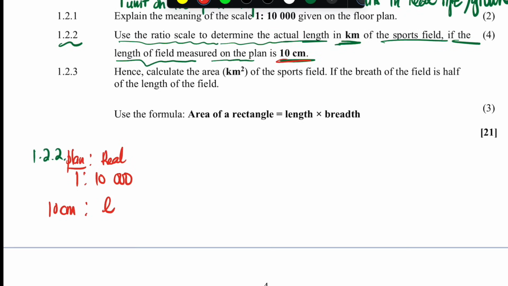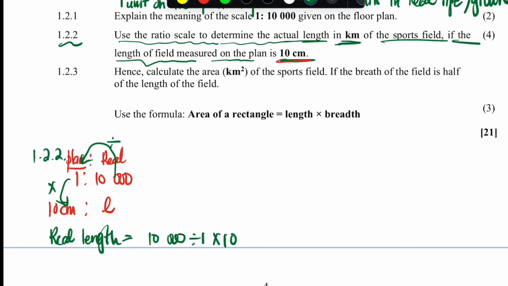And then we do the anti-clockwise even here. We divide and we times, right? We want the real length, so we say 10,000 divide by 1 and times by 10 centimeter. So it's going to be 100,000